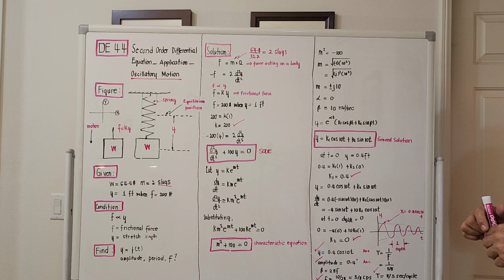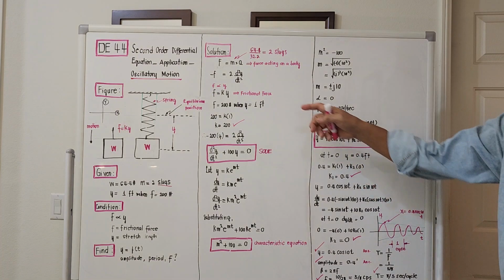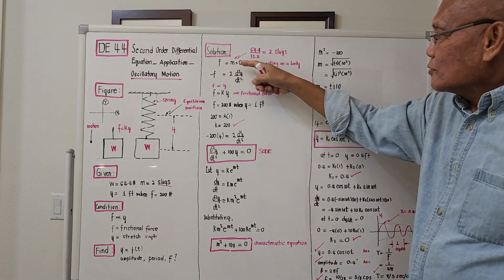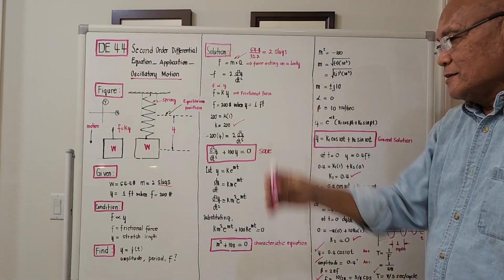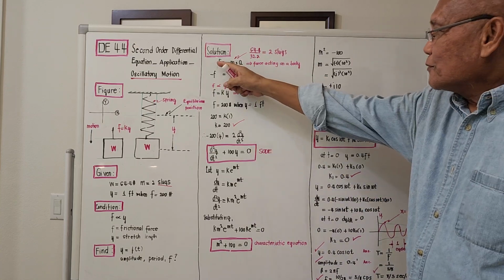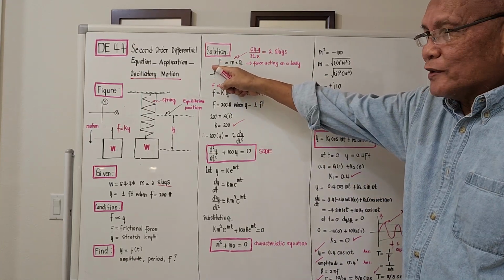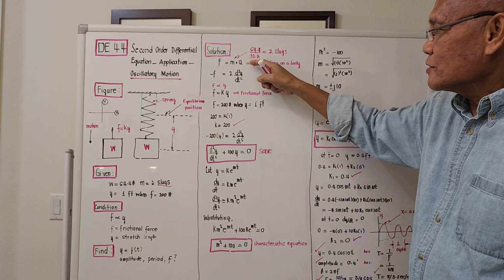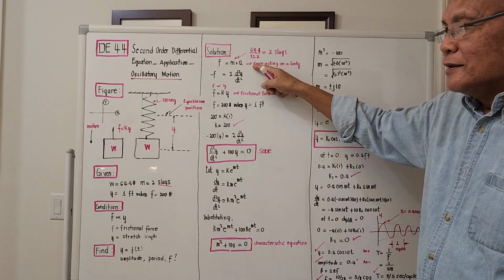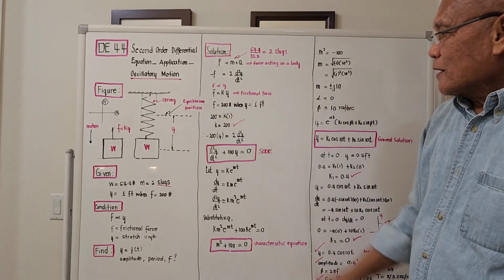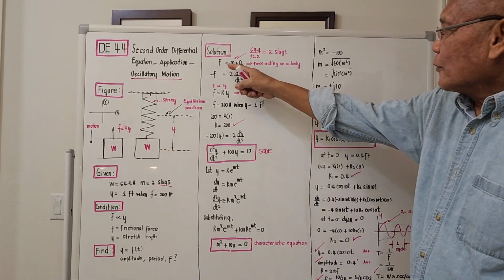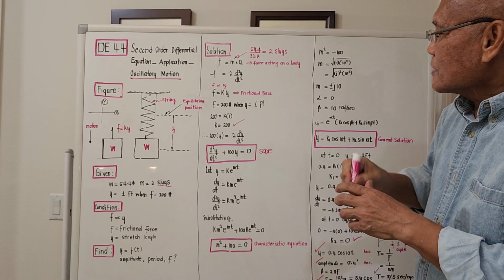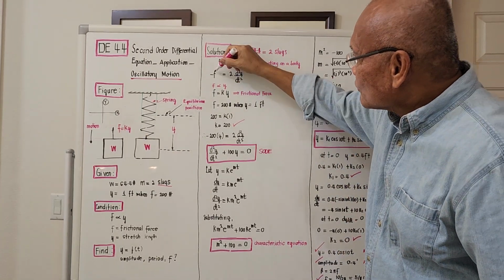Under Newton's second law of dynamics, that is, force is equal to mass times acceleration on any moving object, the net force acting on that body should be equal to its mass times acceleration. For the given spring problem with the given attached weight, I will place this capital letter F here to be small letter